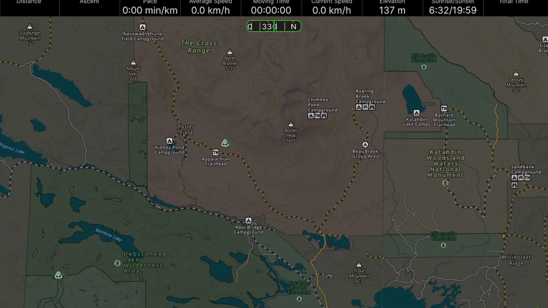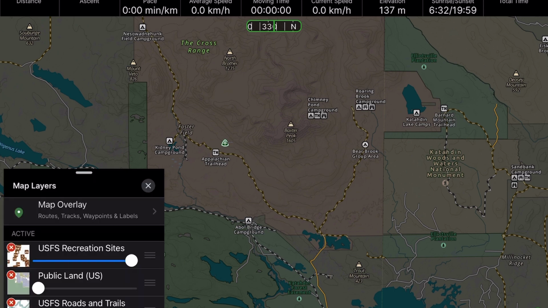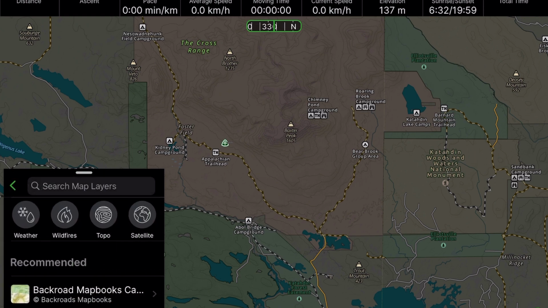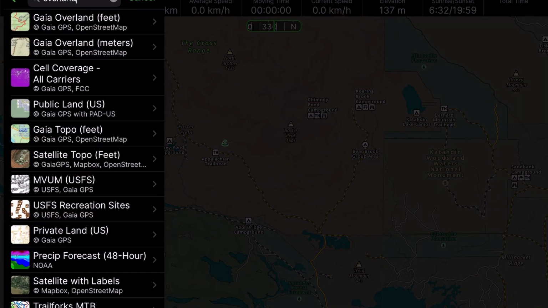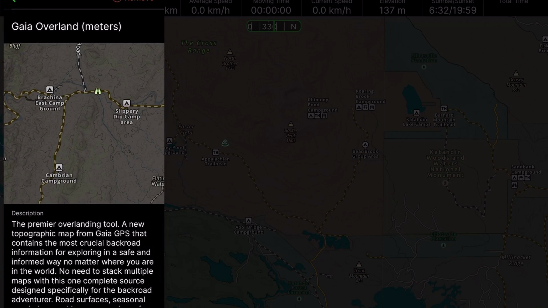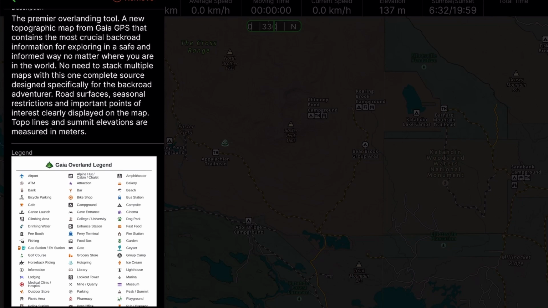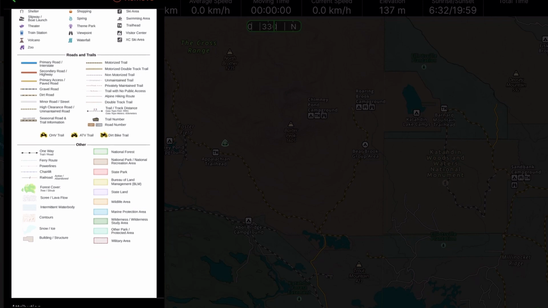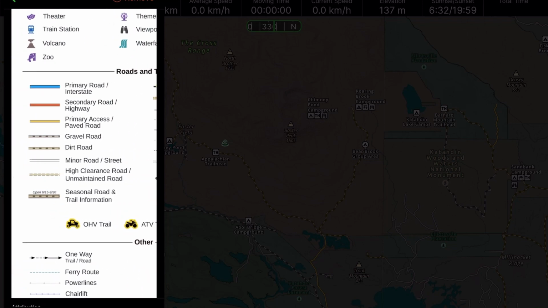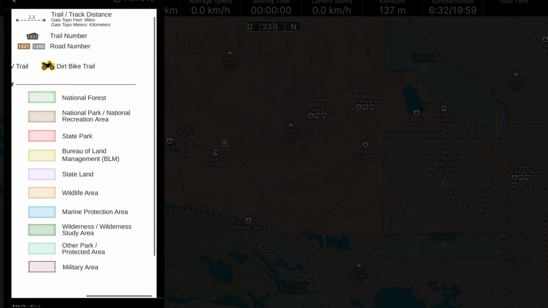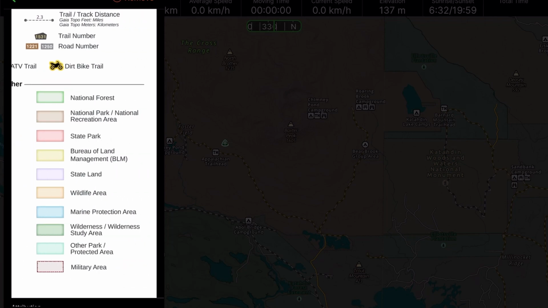So if you're ever wondering what is the map legend, well, the easiest thing to do is open up the map layer, scroll down to the bottom, where you want to add a map layer. And then from there, just find the overland map, or any map for that matter, tap on the thumbnail, and that will give you a good description of the map layer. And in most cases, you'll get the legend underneath, and I'll include the link so you can bring it up on your browser, get a little bit bigger. But you can see here the biggest changes, which is the styling, which identifies the roads, streets, trails, and also the coloring of what's a public land or other type of managed land.